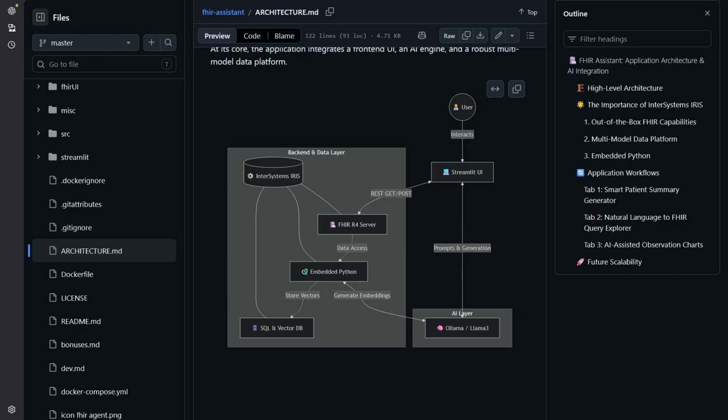Ollama, Llama 3 can handle clinical data because it has access to the FHIR server from InterSystems IRIS, and uses embedded Python, vector search to deliver these short responses. Okay, so